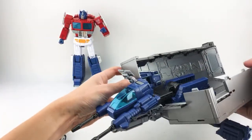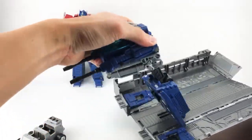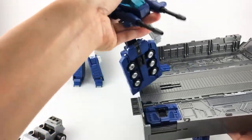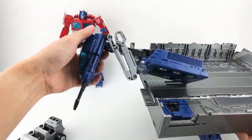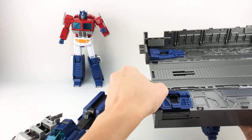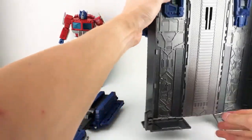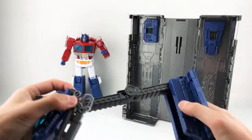And again, you can close that up as needed. Other stuff that's going on. Oh, you can even slot it in and have it kind of like peeking out at the top. I don't remember half of this ever being used, but you can do that. I'm not even going to bother showing it. That's how pointless I feel like it is. But you can go ahead and do it into the repair bay. As before,